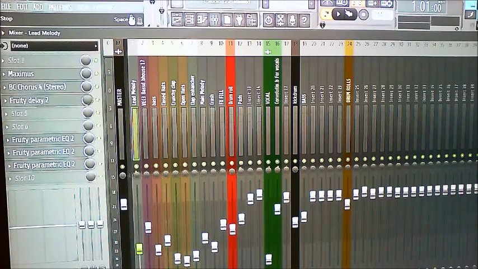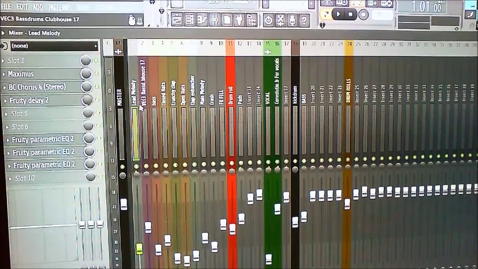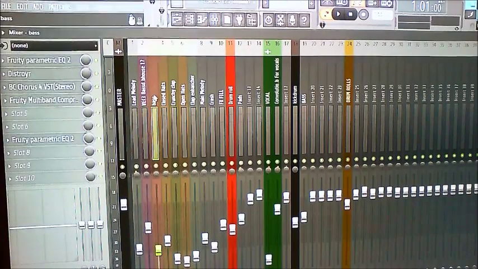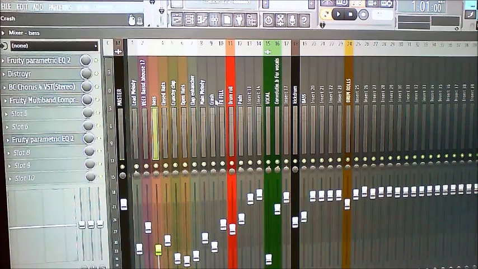Now the idea with that is when a reverb comes from a send, it sounds a lot more natural and realistic. If you were to play in a band, the sort of reverb that will be heard in that room will be the same sort of reverb that will be heard from a send in a DAW, rather than using reverb on a channel. That's not to say that you can't use reverb on a channel track, you can,